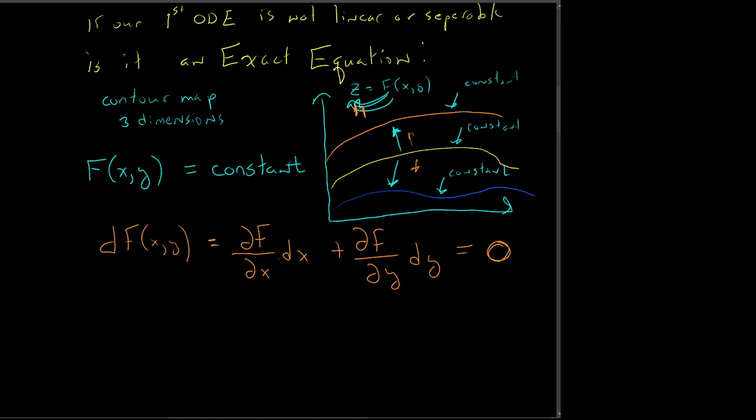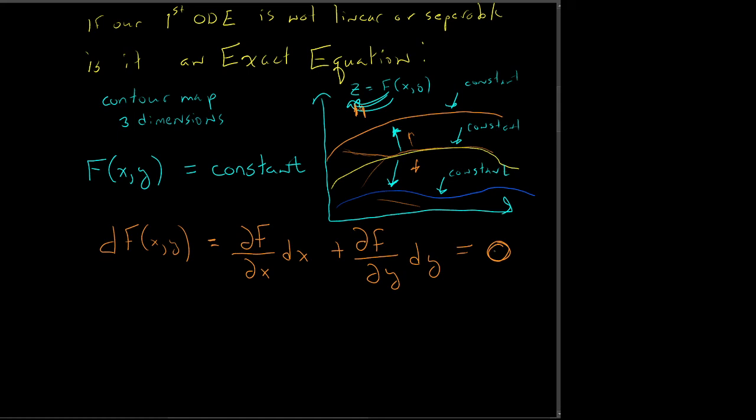And so however much I change in my x direction, and however much I change in my y direction, they've got to add up so that it's not affecting the level curve I'm on. So think about it. I don't know if you've ever gone hiking and you want to stop climbing, you walk level, right? We kind of design switchbacks to work their way up, right? But if you're ever hiking and you get to a steep part, you can walk level. You don't go up or down collectively,